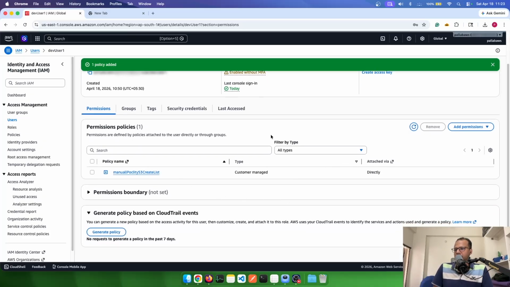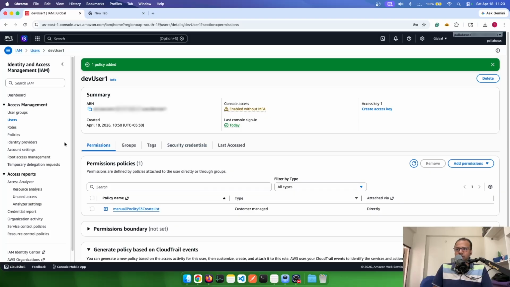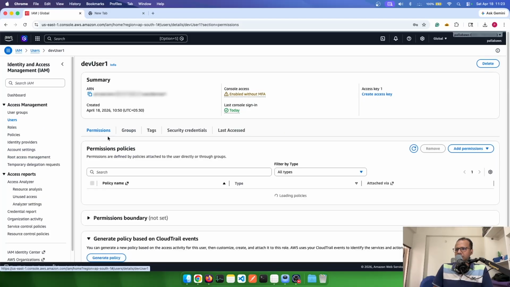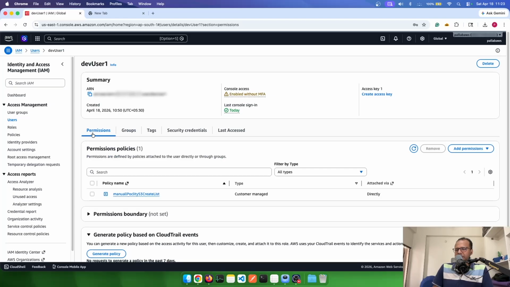You can also check from the user list. Once you have done this action, go to this user, and in the permissions tab you can see the manual policy S3 is attached. So once it is attached, these two entities are coupled together. Now when you come to your dev user,